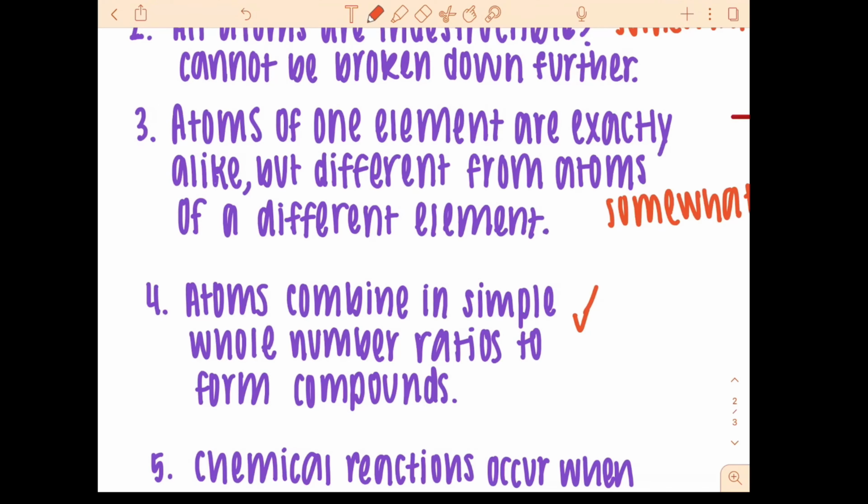And then the fifth part was that chemical reactions occur when atoms combine, separate, or rearrange. This was also right, but we revised the second and third ones a little bit. So we had a little bit of an issue with the second one. And so we revised it to say that atoms can be broken down into smaller particles but would lose their